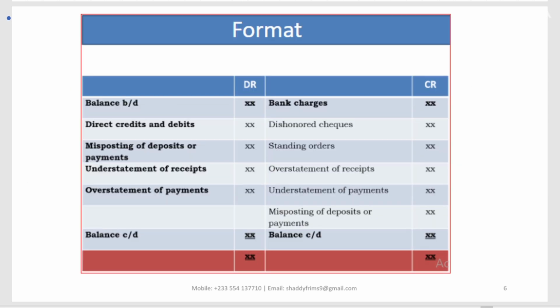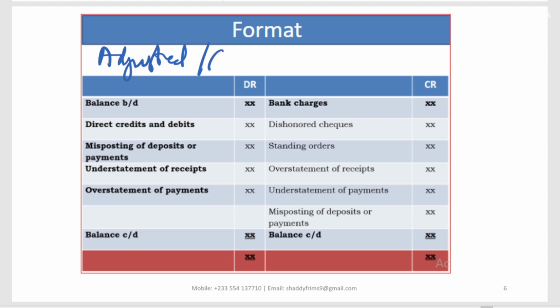We made an example of the standing order and also the bank charges, where we don't have precise measurement of coming up with the bank charges, and also we are forgetting that we have given the bank a written instruction to be making some payments on our behalf. What it means is that the cash book that we have prepared is incorrect, is incomplete, and there is a need for us to prepare an adjusted one or a corrected cash book